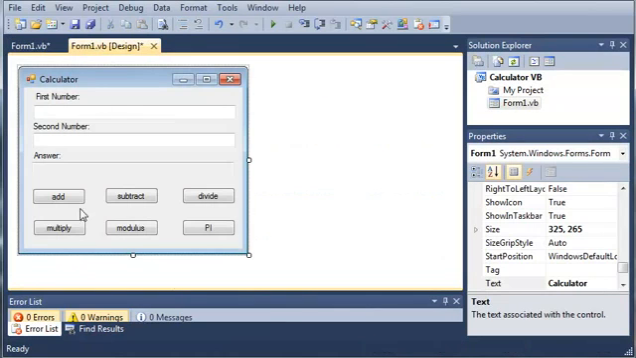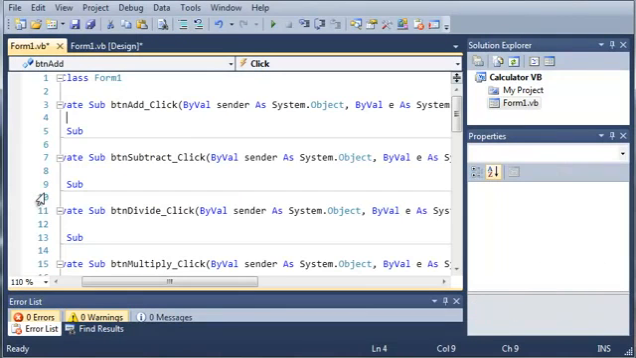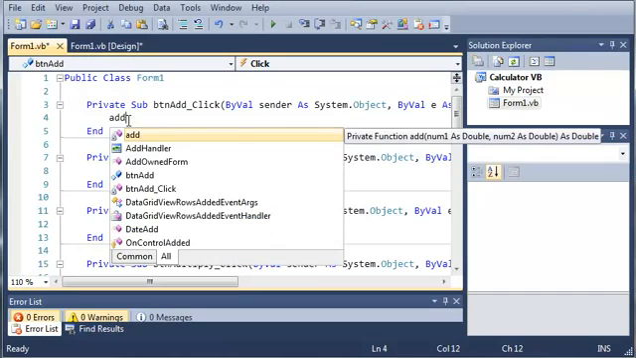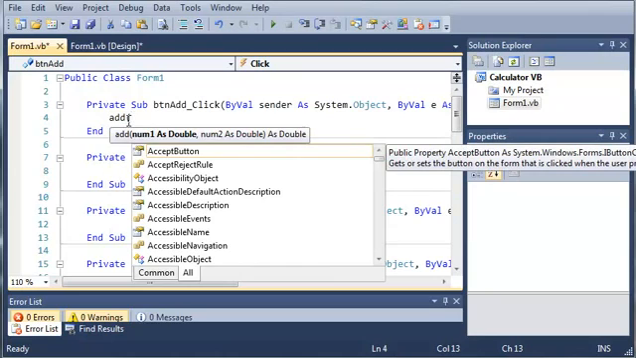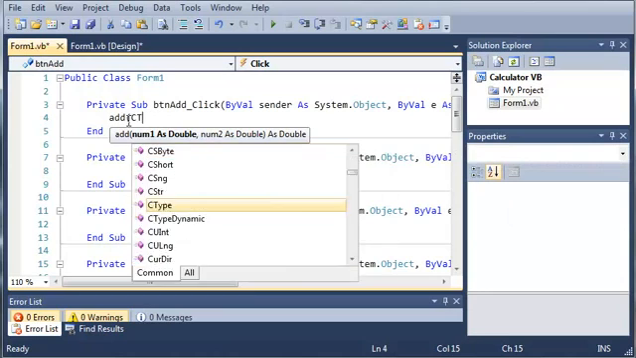Okay, so now we'll go ahead and come to our button add click sub, and we're going to add the two numbers that are in the text box. So what we're going to do is the addition. So we'll type add, and then for our arguments, we're going to convert whatever text is in there to a double. So we'll go ahead and type CType,